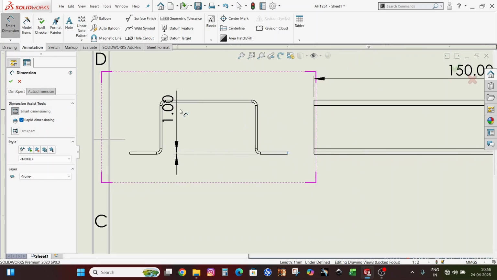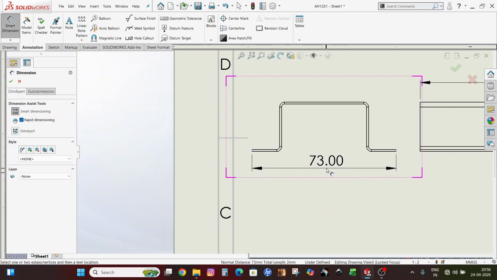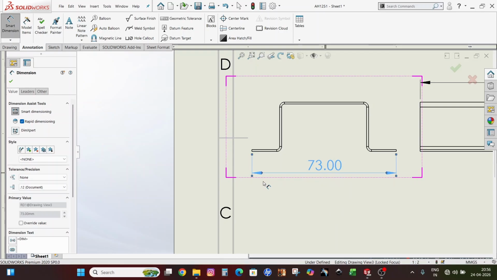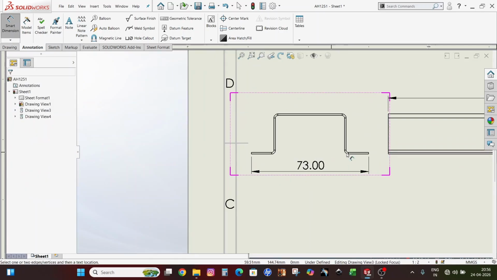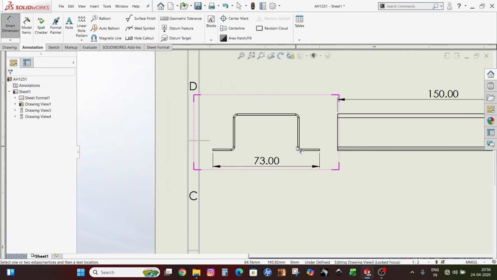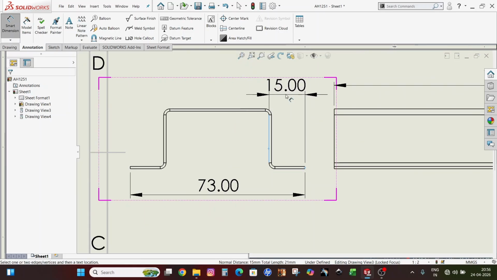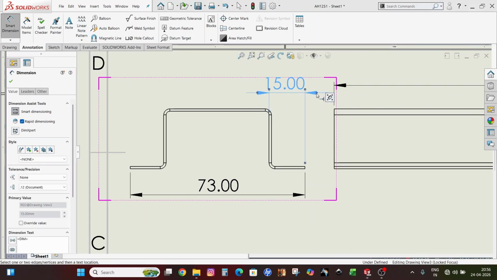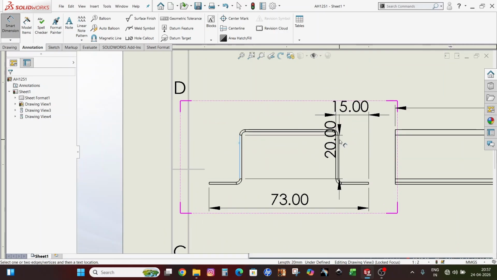And this purple box is representing that currently this view is active, and all the dimensions that you are giving are linked to that particular inside box view. So this width is 73, and this flange length is 15. Change the arrow direction to inside, correct, and this width is 45. Place it below,